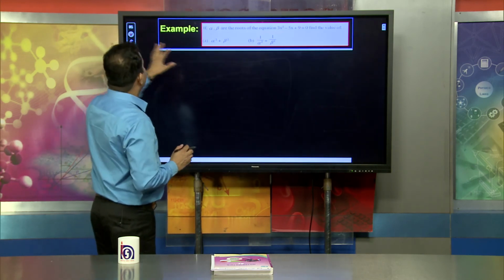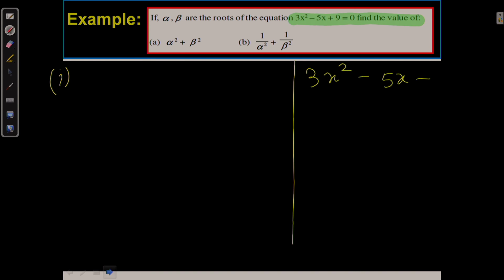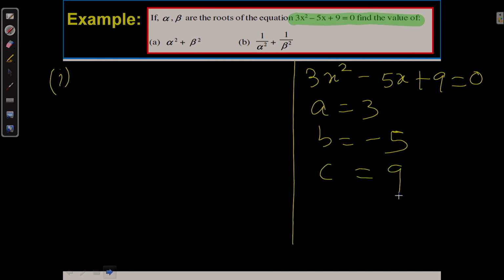Suppose alpha and beta are the roots of the equation 3x square minus 5x plus 9 equal to 0. Here first we have to find the value of alpha square plus beta square. In the equation, you see the equation is simply given, 3x square minus 5x plus 9 equal to 0. Here a equal to 3, b equal to minus 5, c equal to 9. And you know that when talking about alpha square plus beta square, first we must understand